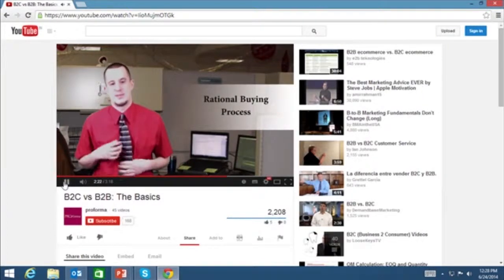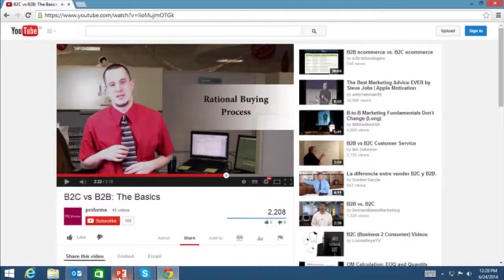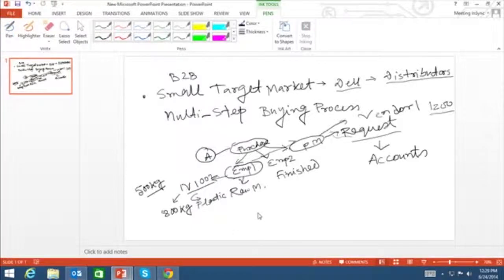Rational buying process. There he mentioned the emotional buying process. Here it's not emotional, it's rather a rational buying process. Why did he mention rational buying process? Because there should be a logic behind your purchase decision. You are an organization, so there is a logic. When the purchase manager here issues a request to accounts that I would like to purchase 1200 kilos of this item